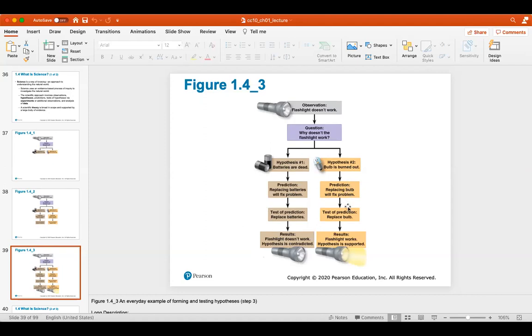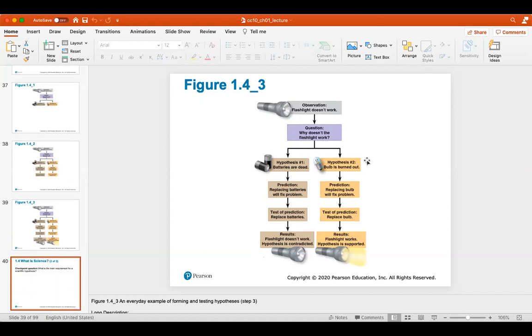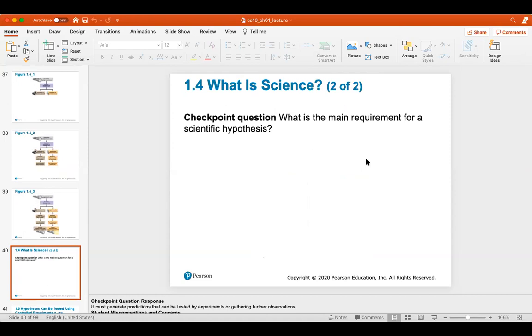Let's see what happens when you replace the light bulb. The flashlight does work. So the hypothesis is supported. Your hypothesis that said the bulb is burned out was the one that was supported. What's the main requirement for a scientific hypothesis? And again, a hypothesis is just an answer to a question that's formulated because of a problem or observation. And the main requirement for a scientific hypothesis is that it must be able to be tested by experiments or